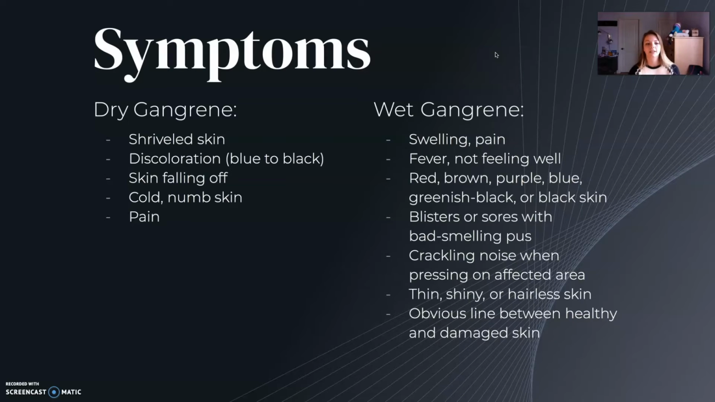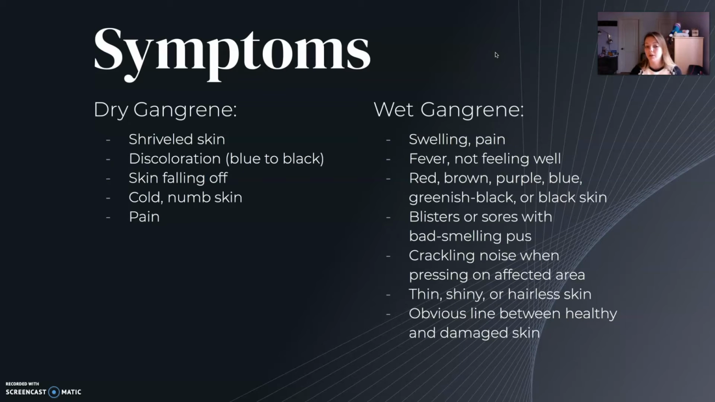Dry gangrene starts with the discoloration, so it goes from blue to black, and then your skin starts to shrivel up a little bit, and then it eventually falls off. Also, with poor circulation, your fingers get cold and numb. You also feel pain. With wet gangrene, you have a lot of infection-like symptoms, so swelling, pain, fever, and the